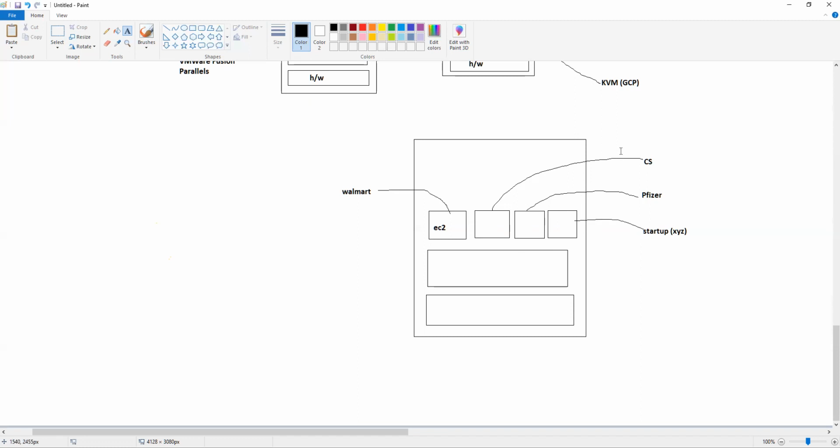There are certain compliances and norms where you cannot even share the hardware between other tenants within your organization. Forget about a different organization. Right now you are sharing the hardware with different organizations. So you run into those sorts of compliance issues where you don't want to do that.